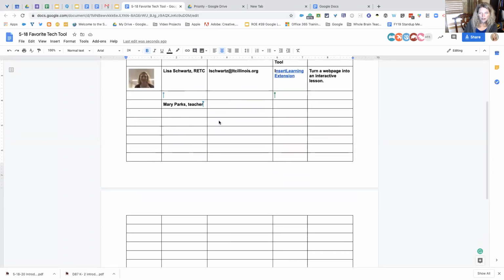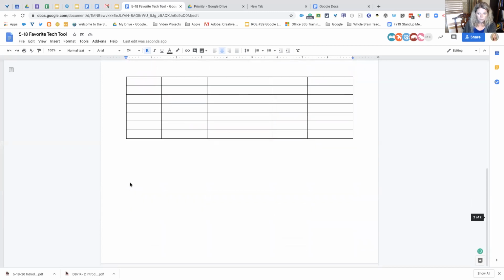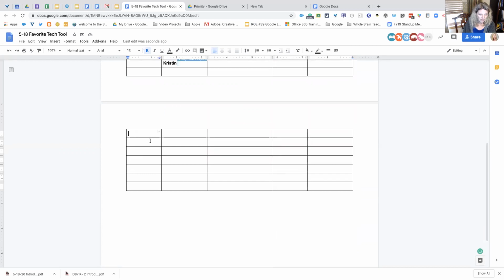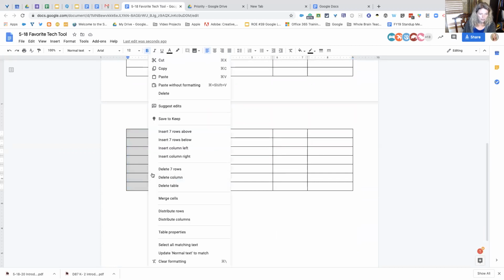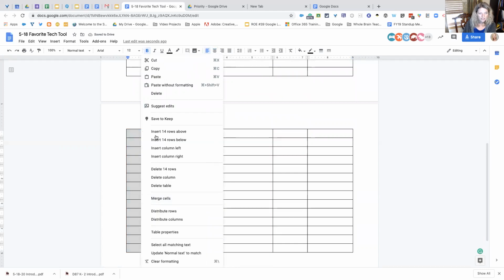Now, if we were in a classroom and we had maybe only 30 students, we could tell the students which row to take. I could put numbers here. I looked for an add-on that would put numbers in, like in Google Sheets, but I couldn't find one. So if anybody knows of an easy way to add numbers here when you're talking about a lot of people. What I can do, you see I don't have enough rows here? So I can right-click on them and insert 7 rows below. I'm going to quickly insert rows so that each person can take their own row